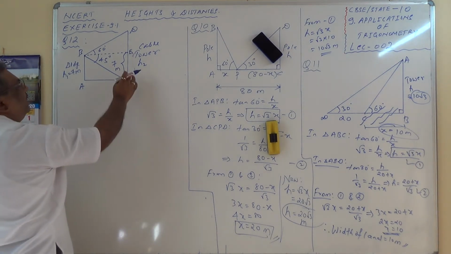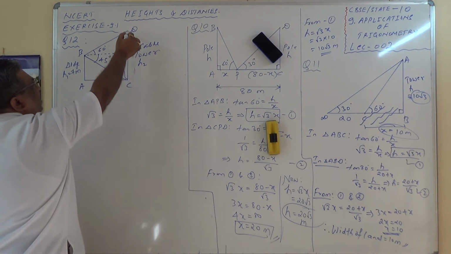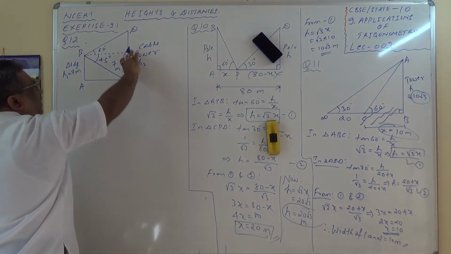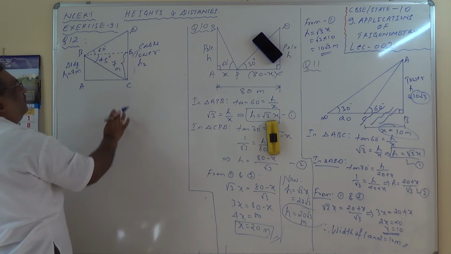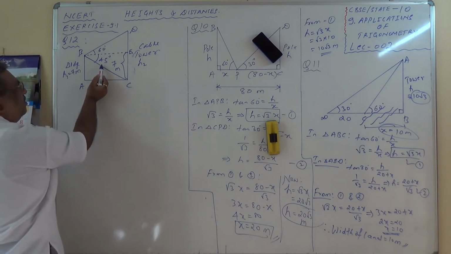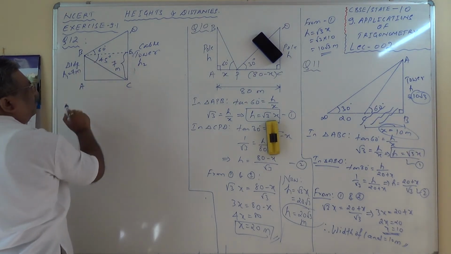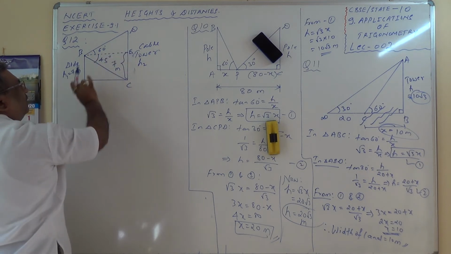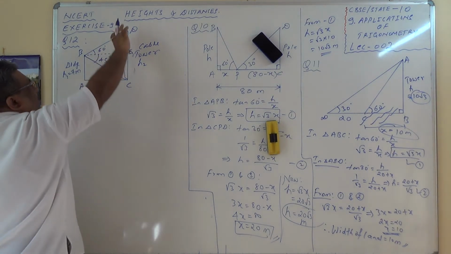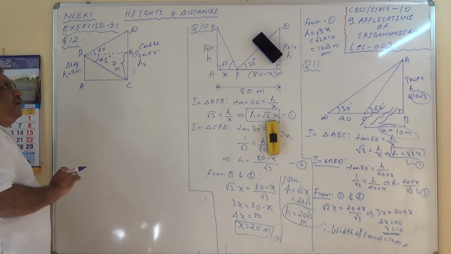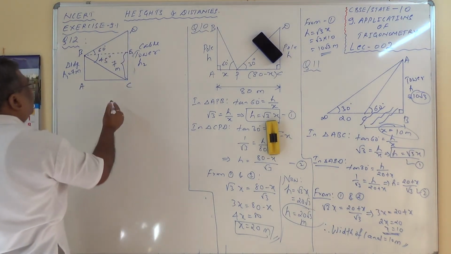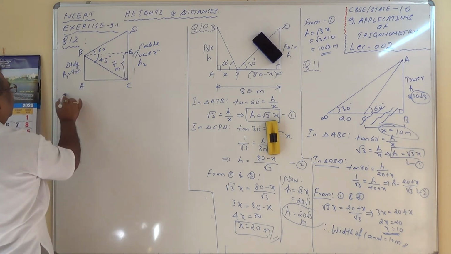So very simple here, height of the cable tower is equal to EC plus DE. EC we know, 45 degree we know, calculate BE. If you know BE, 60 degrees, you can calculate DE. EC plus DE gives you the total height of the cable tower. Simple. So in triangle BEC,